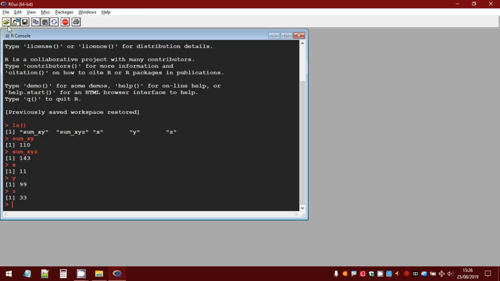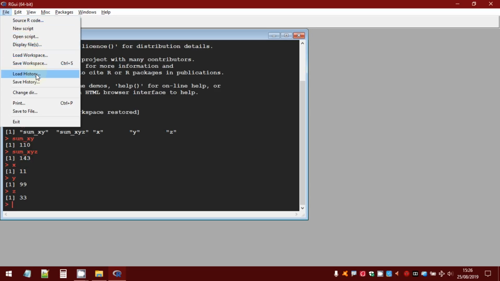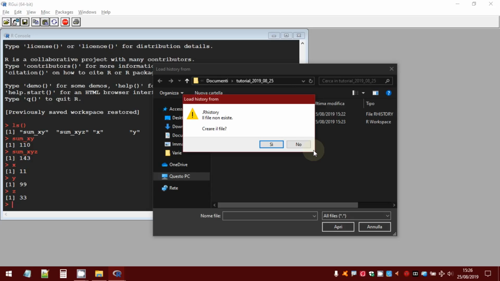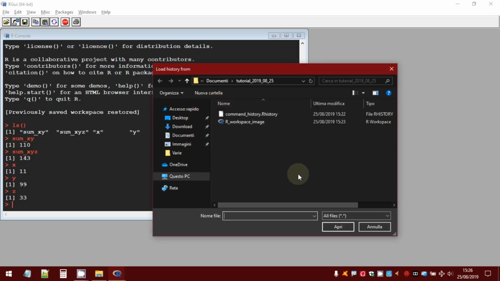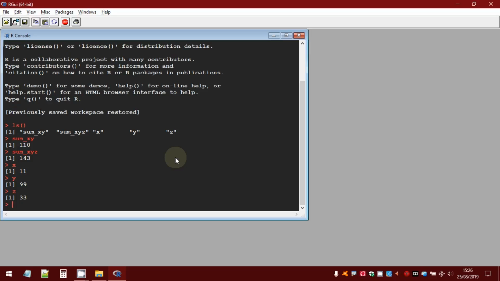Okay, now File, Load History. Oh no, there is still this window. I don't know why. Okay, I will try to fix it. Okay, grab the file. Okay, now use again the up arrow key, and as you can see, ls is not now the last command available. You have all the commands you have used in the previous workspace.